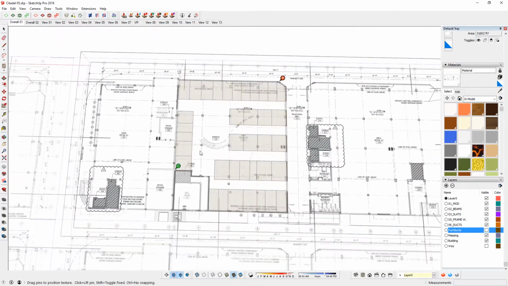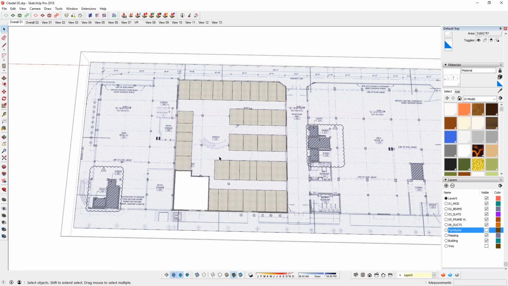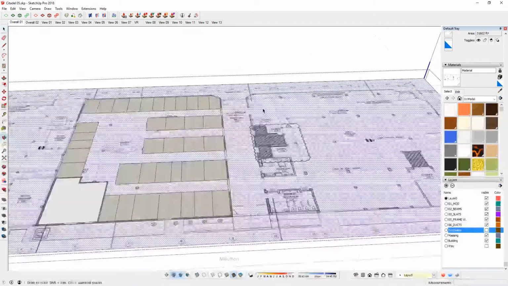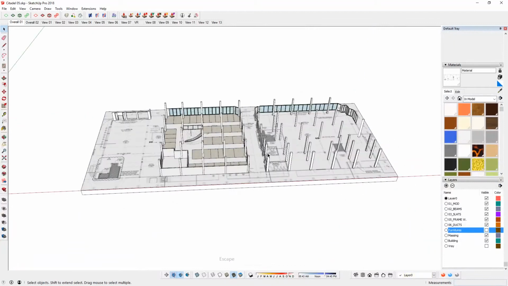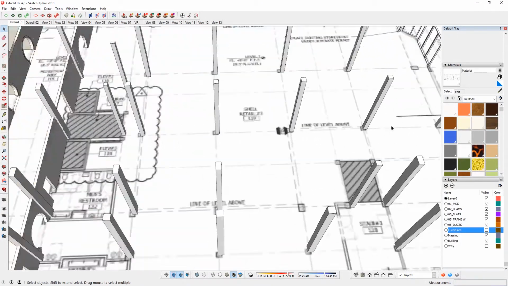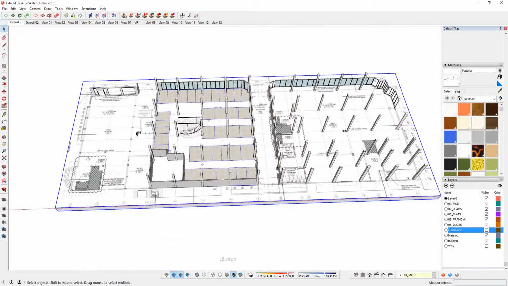Now hopefully that should sort of match, because this model was developed before having this plan, so it may be a little bit off. Now let's see how accurate it was. As soon as I'm done, I'm just going to hit return or enter, and then that should come in like that. And if I look at all the columns on the other side, it is somewhat there, but I think it could have been better. So let's go back in,